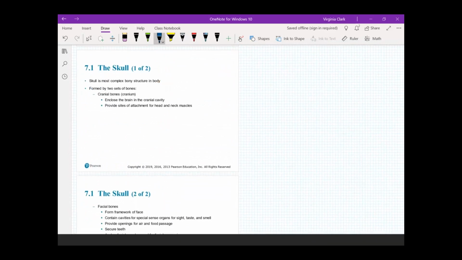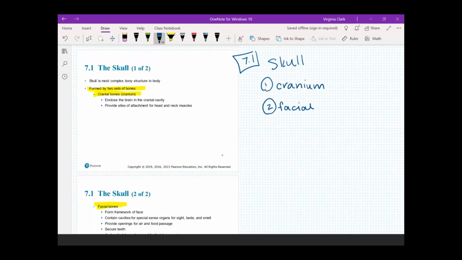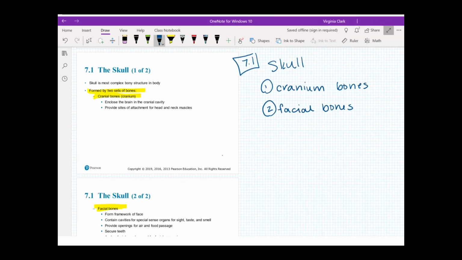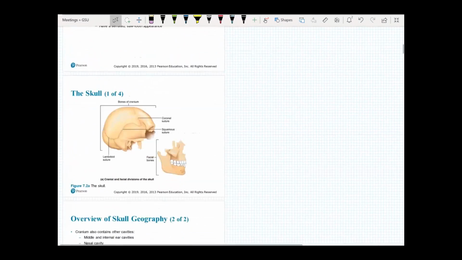So starting with the skull, we're going to start at the top of the axial and then work our way down. So starting at the skull, it is actually going to be comprised of two sets of bones. You're going to have your cranium, which is number 1, and your facial bones, which is number 2. So you'll have your cranium and you'll have your facial bones. So you do need to know the bones that make up these areas. So with your cranium, it's going to be this section right here, so bones of the cranium, and then this side,